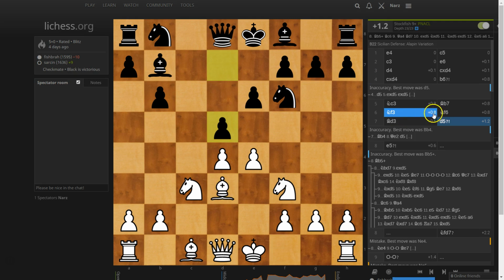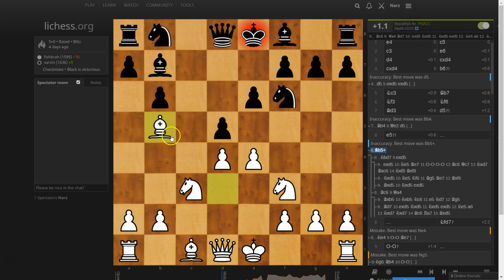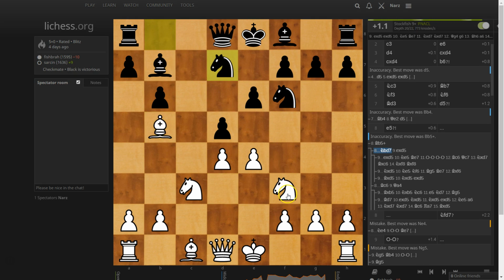And here's the first interesting moment. David just brought his bishop here last move, so it's kind of counterintuitive to move it again here. But in this case, Black's weakened himself on the light squares, and White can get a nice initiative. For instance,